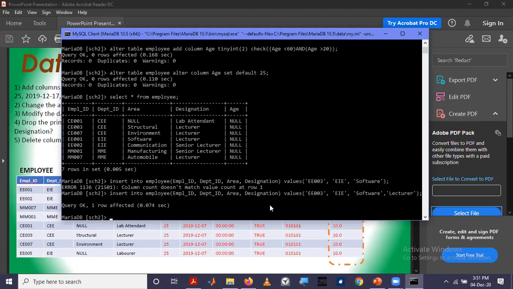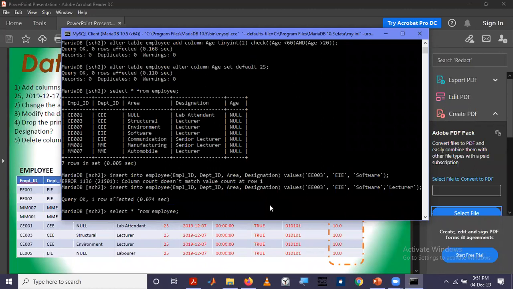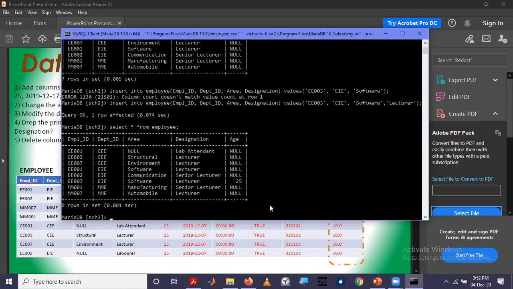Now, if I visualize the table, you can see the new one. This is what I added. I didn't add any value to age. I added employee ID, department ID, EIE, for the area I added software, and for the designation I added lecturer.